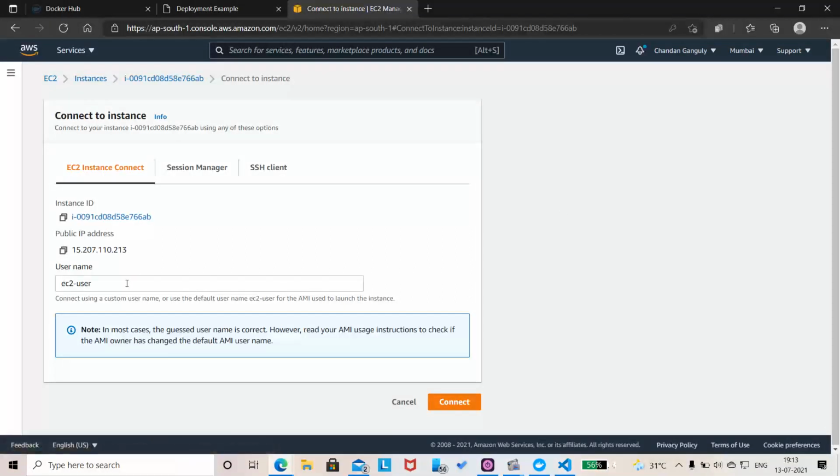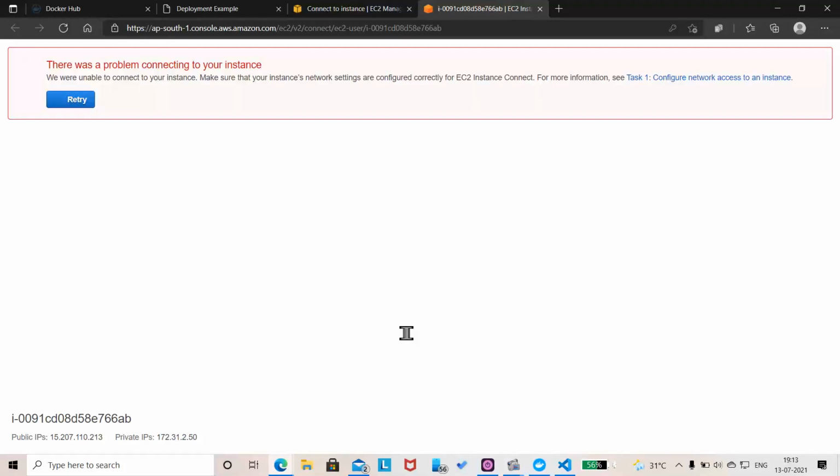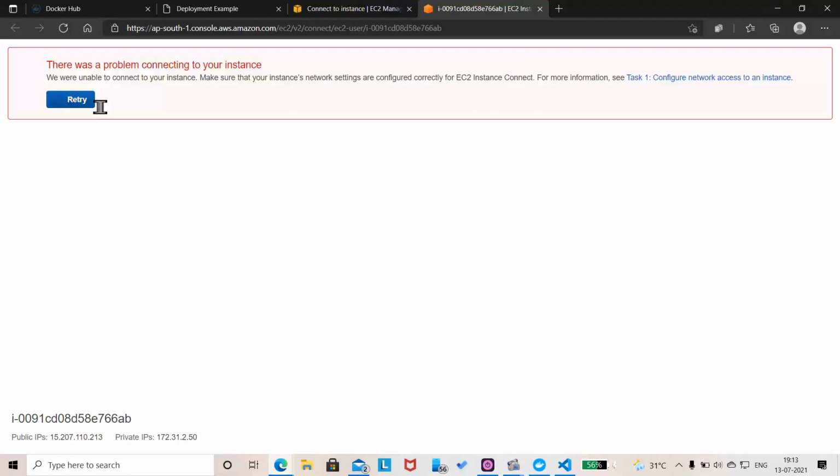We will use SSH connect. We will use Amazon connection directly. We will not configure Putty or anything else right now. Let us have a retry. We can demonstrate that later on, and if this persists, obviously we will